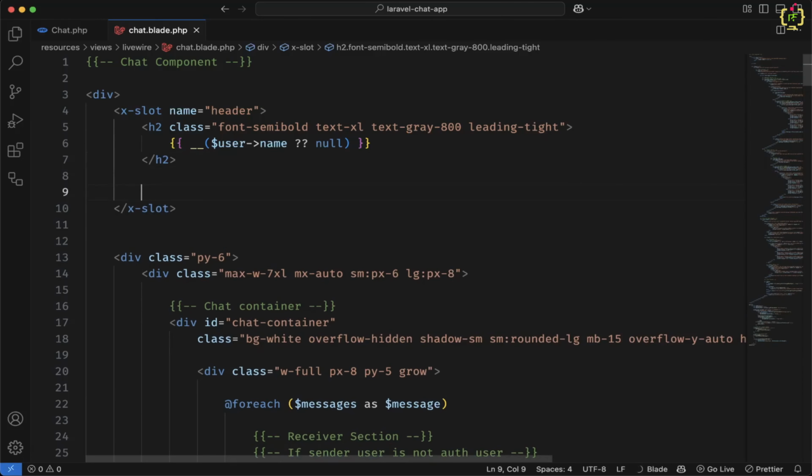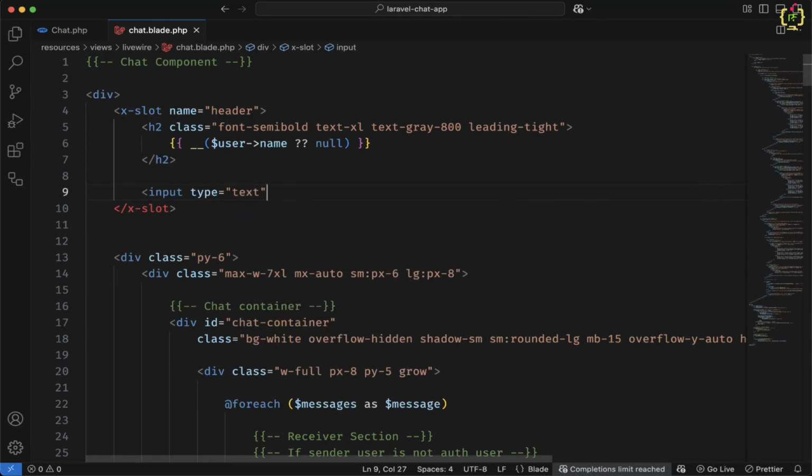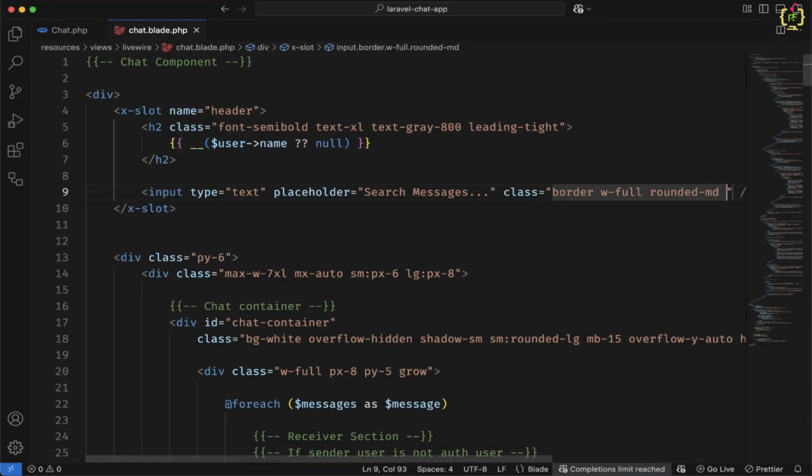So after this heading, I will just add input type is equal to text, placeholder, I will add search messages, and also I will add class, let's suppose border, width full, okay, and I will add rounded md, and I will add focus outline